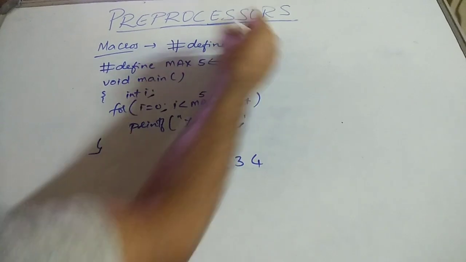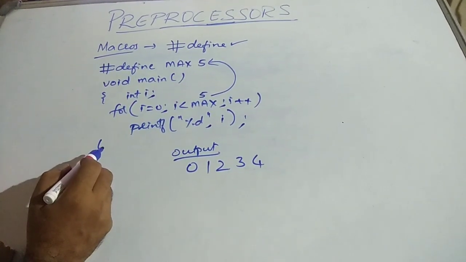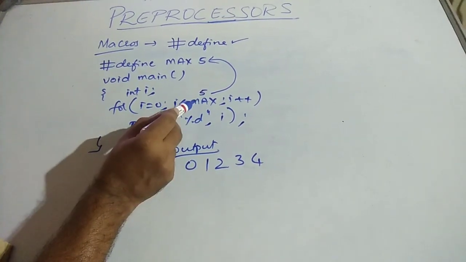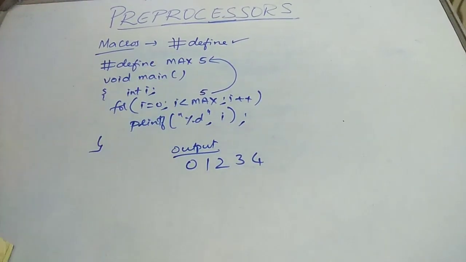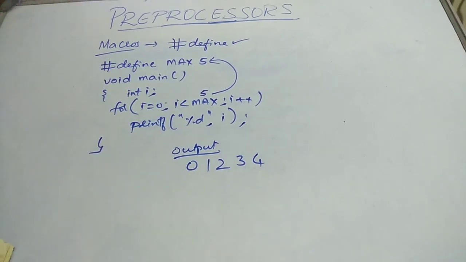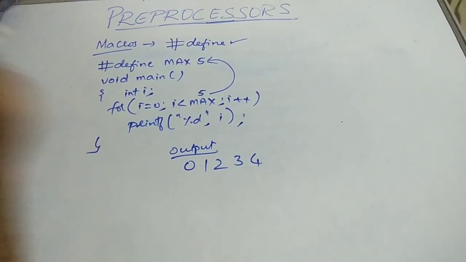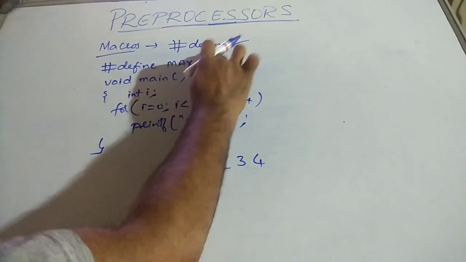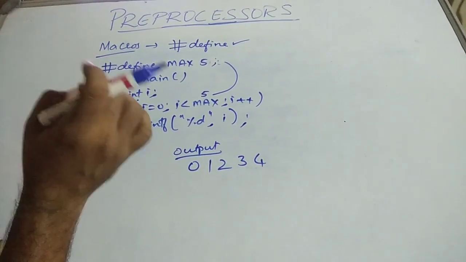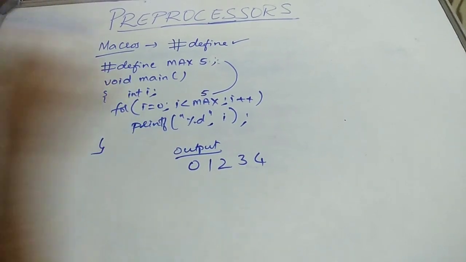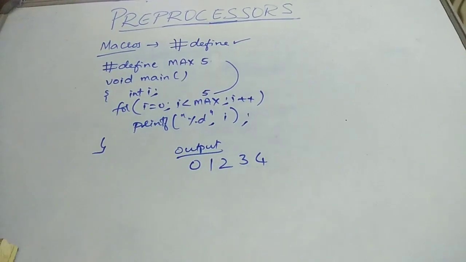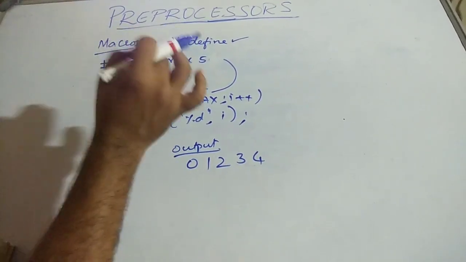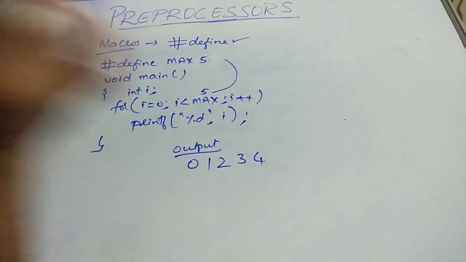So by using this define directive, we can declare a macro. Right? So whenever you encounter this symbol, it will be replaced by this identifier, that is nothing but the value. Is it clear? And one more thing you have to remember here, there is no semicolon. A macro directive does not end with a semicolon. So we should not write any semicolon for a macro. Whenever I am defining a macro, we should not terminate the macro with the help of a semicolon.